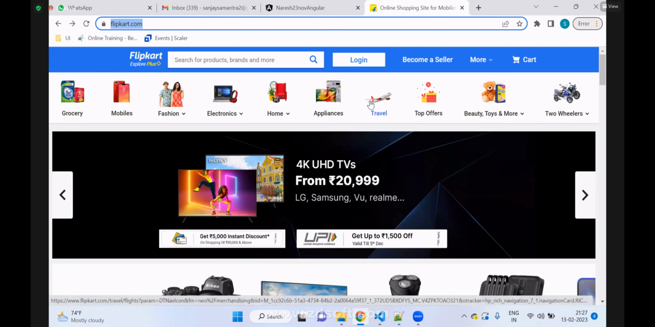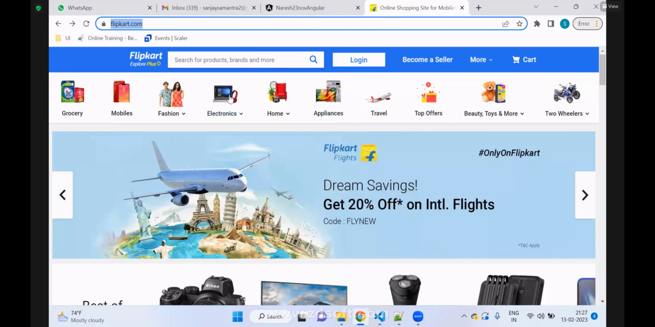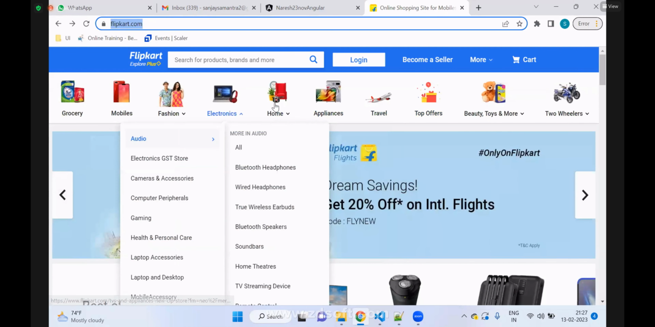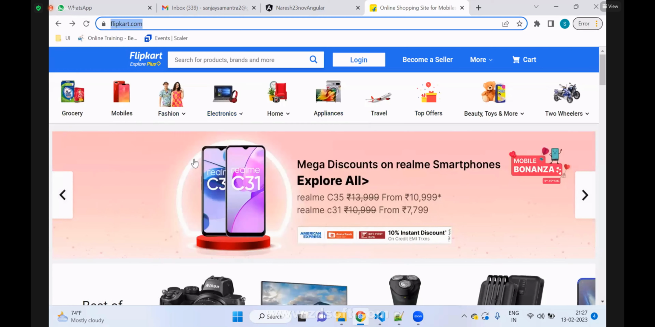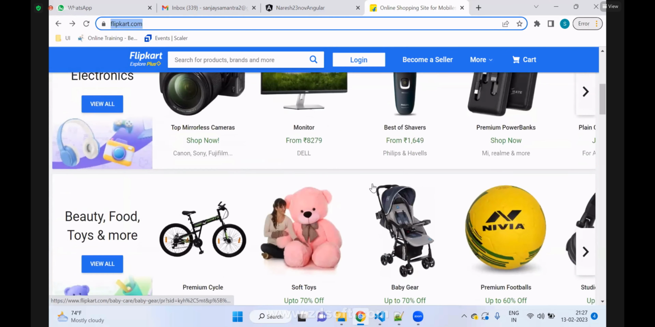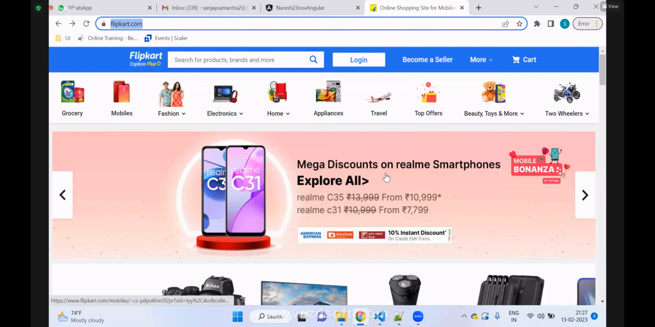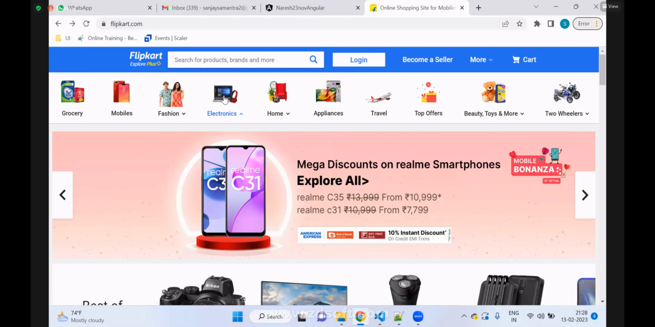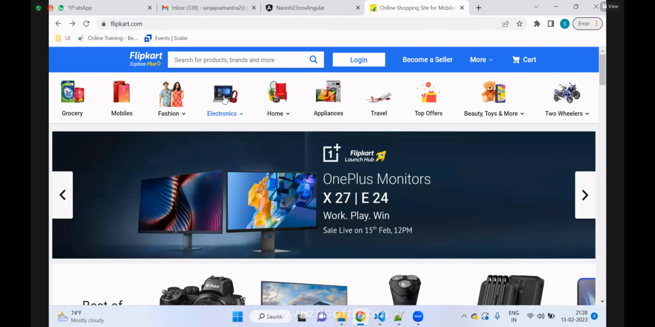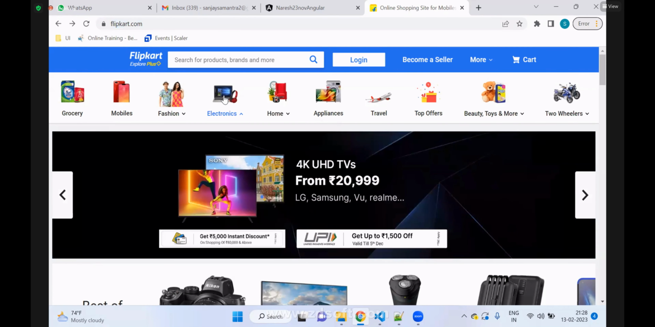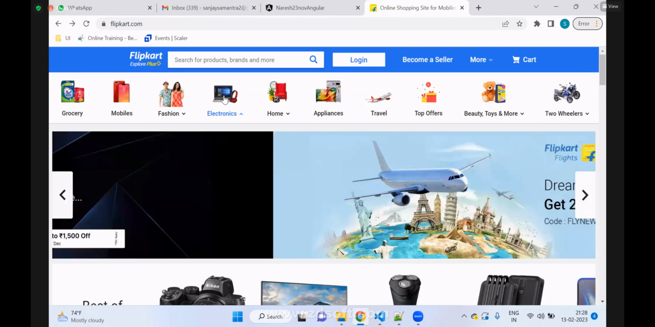So travel and electronics, these two are preloading true. Preloading true means after your page is rendered, it will start downloading all the preloading modules. Even though you didn't click them, those modules will be downloaded behind the screen without your knowledge, and they will be there in your browser. So as soon as you click electronics, you will not see any delay. You will be able to see the component quickly. But if